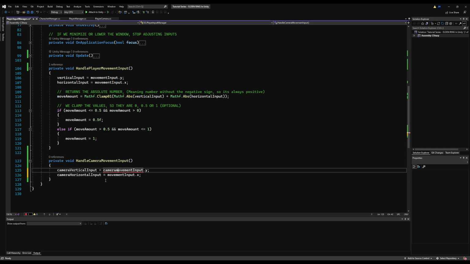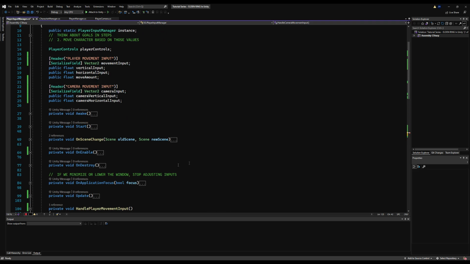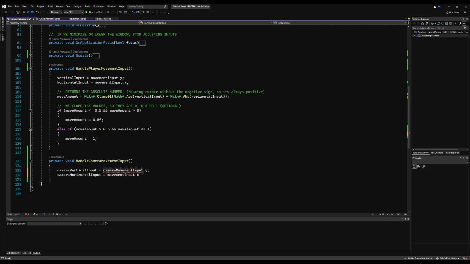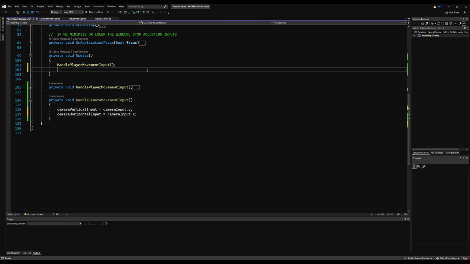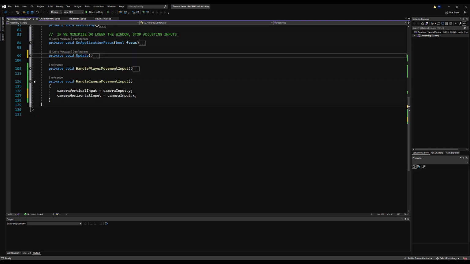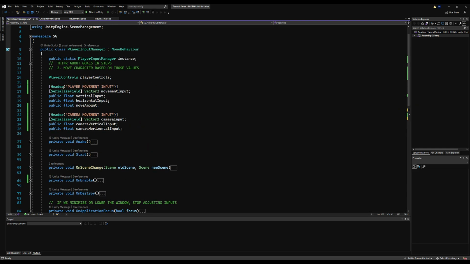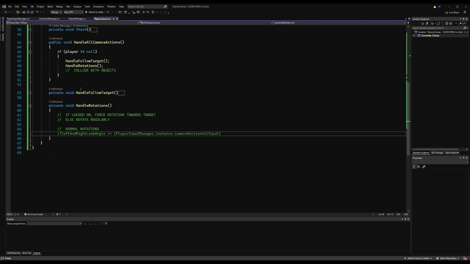So again, for those of you who might forget, we're just taking the values of our joystick on the axes of up and down and left and right, and we're assigning it to our camera's vector 2, and then we're taking those values of up, down, left, and right and assigning them to 2 separate floats. Very straightforward. Lastly, we need to call it on the update function here. So right below handle player movement input, I'm going to say handle camera movement input. And now I am going to go over to our player camera again, save that, and now we can start